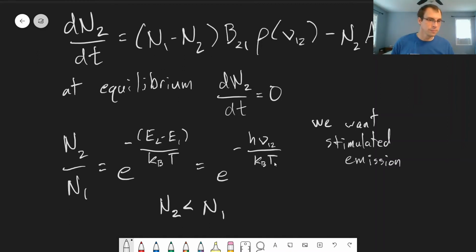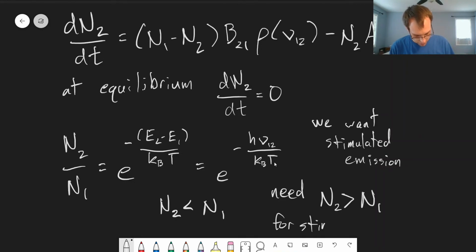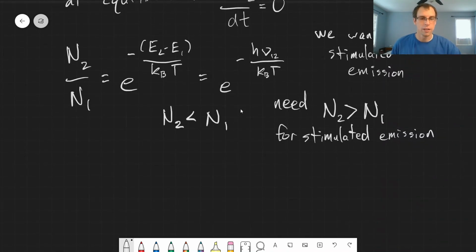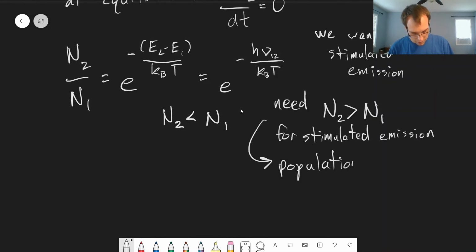become 50-50. And for stimulated emission to dominate, we need the opposite. We need N2 to be greater than N1 for stimulated emission to dominate our process. Otherwise, we'll mostly get absorption of light, and instead of getting extra photons, our photons will disappear as they get absorbed by this molecule. And so this requirement for a laser, the fact that we need N2 greater than N1, is what's known as a population inversion, because this is not what